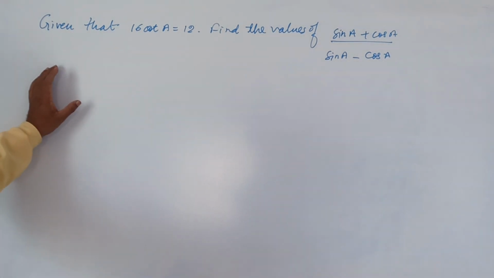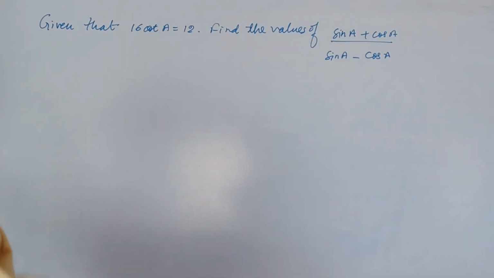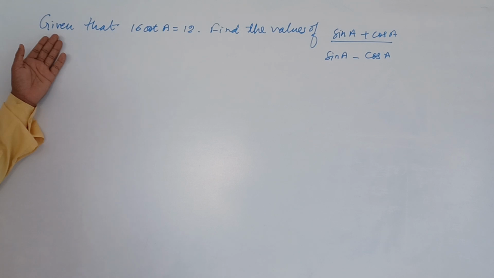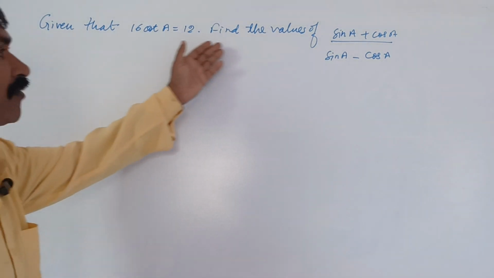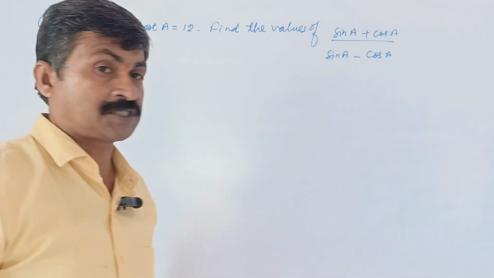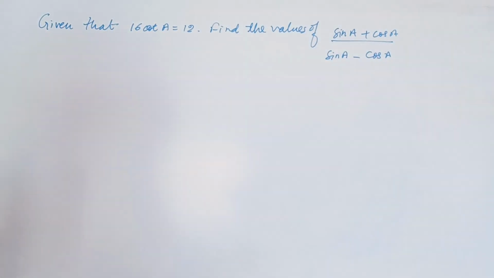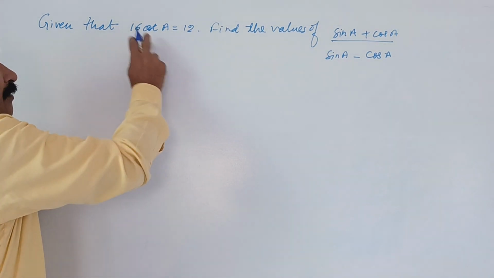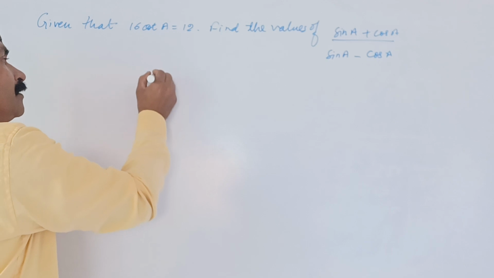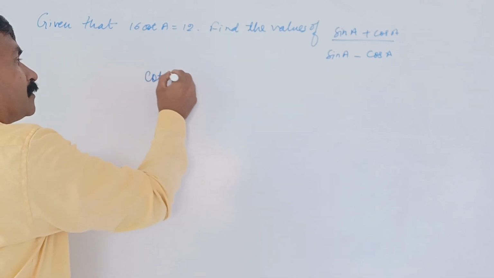Here we have a question on trigonometry for class 10. You can see the question. Given that 16 cot A is equal to 12, find the value of (sin A plus cos A) upon (sin A minus cos A). Now see here, if it is given to you cot A, so we can write cot A is equal to